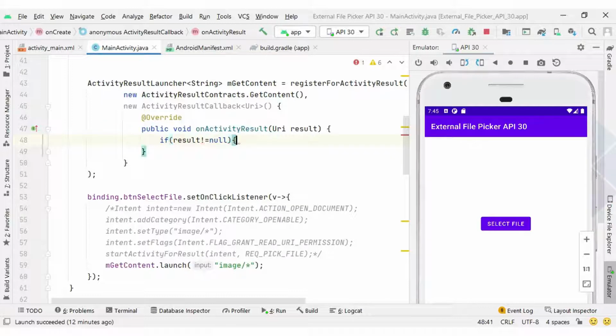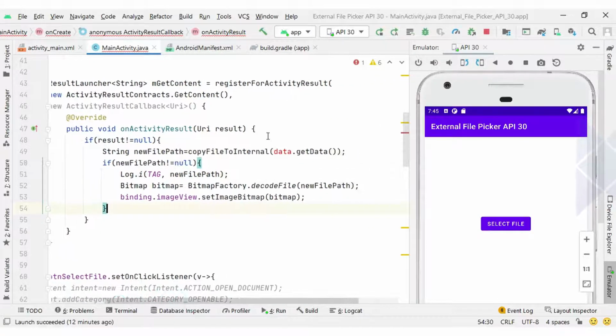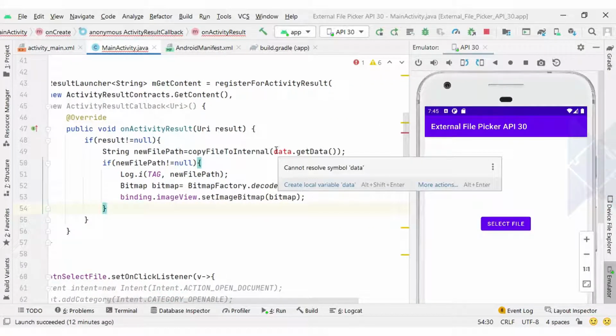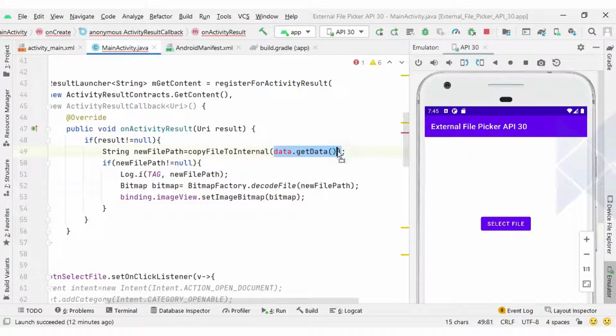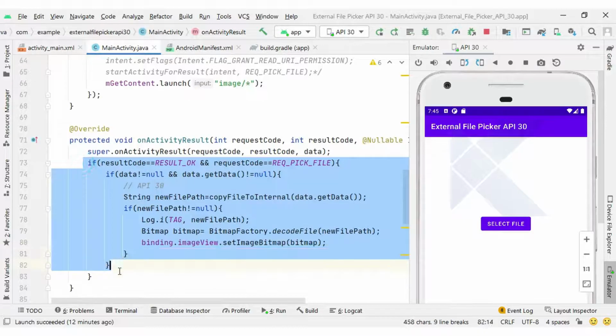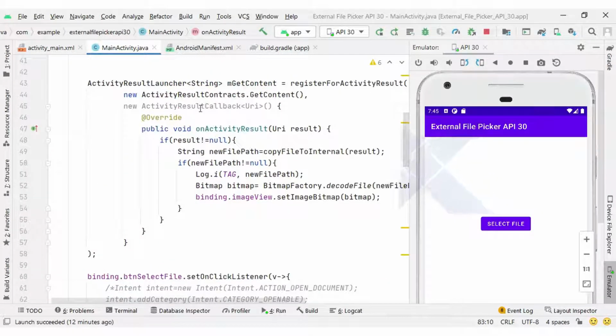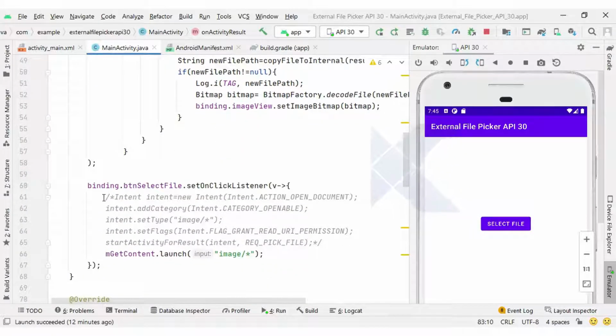That is the only condition we need here, and inside it we can paste our code. In our old onActivityResult we had intent data.getData, which returned the URI, but here we directly have the URI instance, so I pass that instance, result. You can see the extra conditions and boilerplate code get reduced with the new coding. So this is the new code.